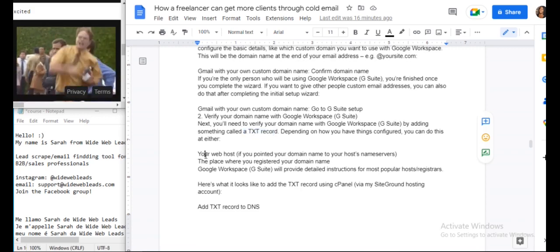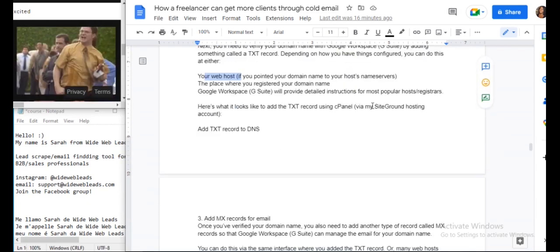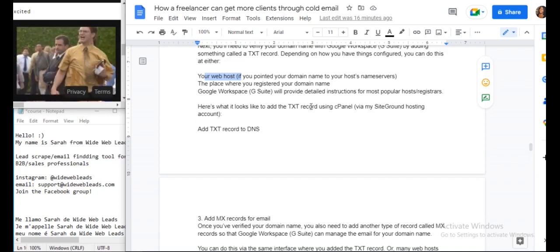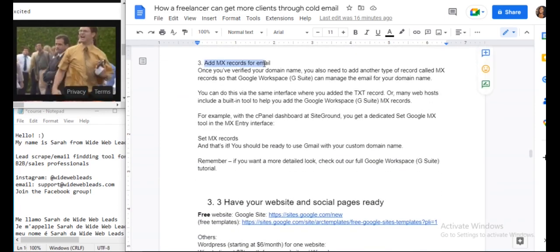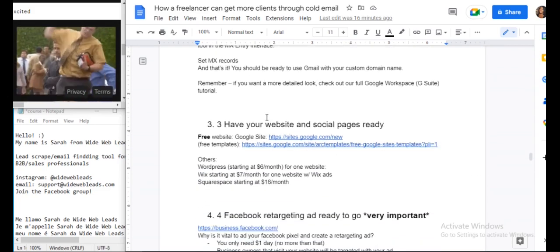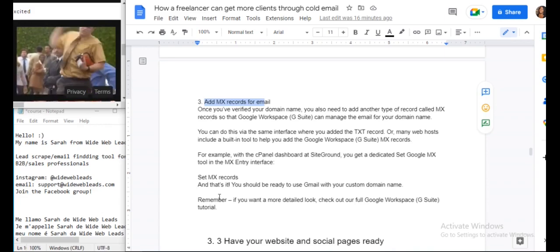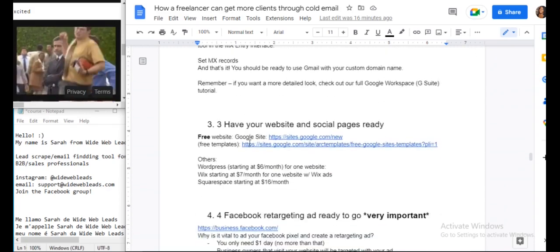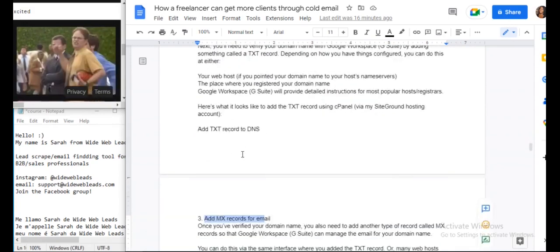So you want to go to your web host provider or your domain name provider. So yeah, you can use SiteGround, which is another big domain provider, okay? They'll also maybe give you an MX record. It truly just depends, but it's fairly easy to do. It'll literally take you like 5 minutes to do. Okay, not a big deal at all. So that is very, very important to set up. So I highly recommend that you do so.